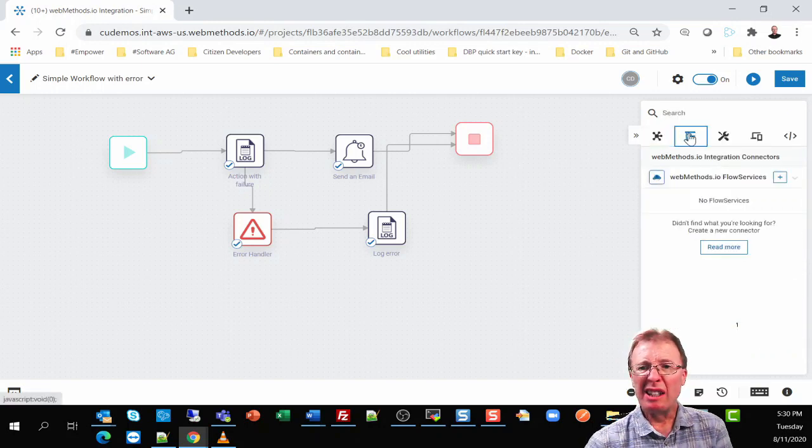Yeah, flow here. Now, flow is advanced. This is not meant for citizen integrators. This is meant for integration specialists. So anyway, yeah, if you wanted to do something more advanced for an error utility, you could come here, but you have to know what you're doing as far as flow service development. You have to be like a programmer. So if you're a citizen integrator, pretty more non-technical, if you're thinking of error handling in a workflow, you can